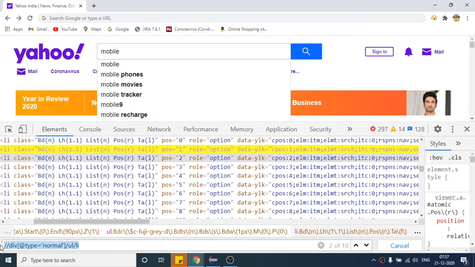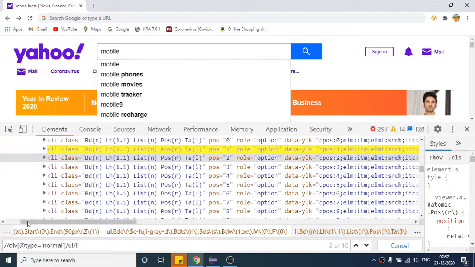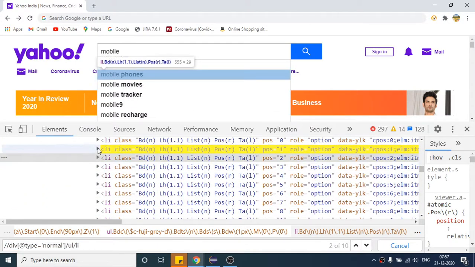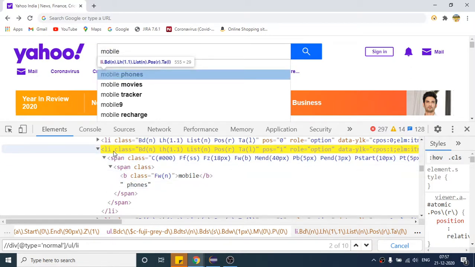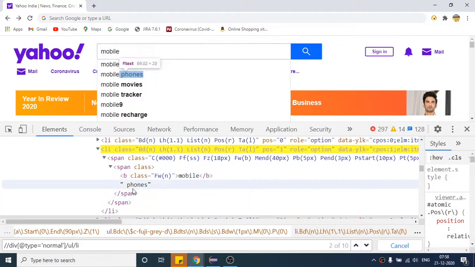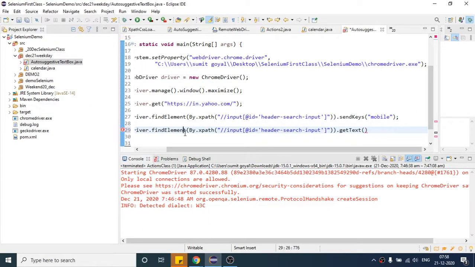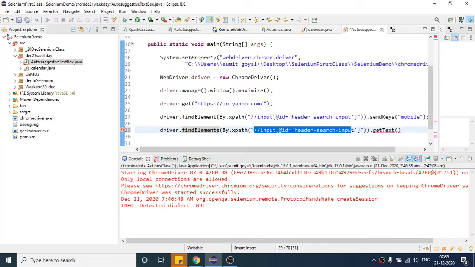Once I have written the XPath, as I told you, if you want to get the text you do not have to come all the way down. Even up to this part, the getText method will get this text for you. So I copy this XPath and use the findElements method, because I want to get all the items.